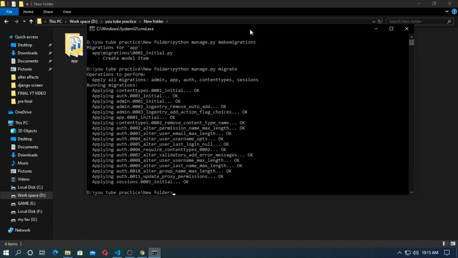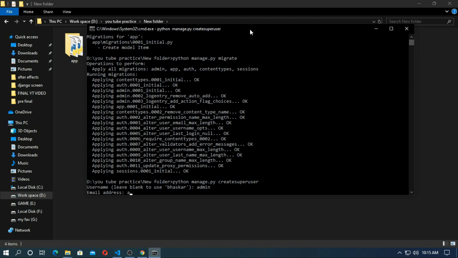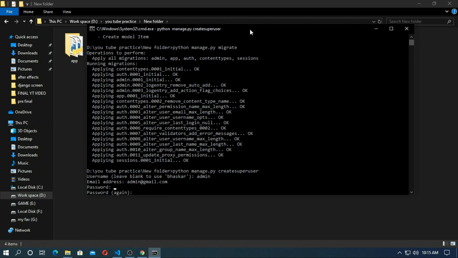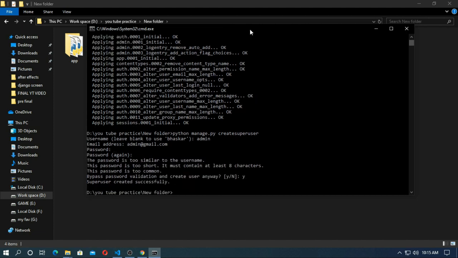Now create a superuser, python manage.py createsuperuser, admin@gmail.com, password admin. Now I have created it successfully. So run the server.